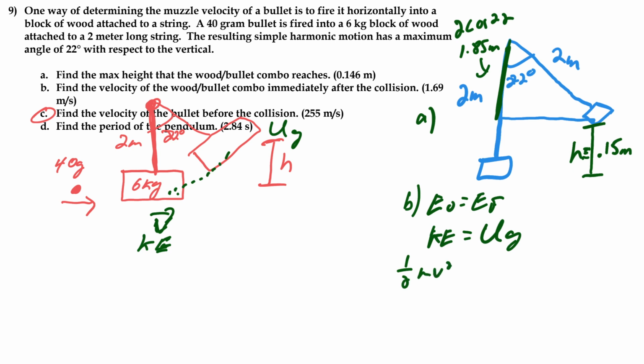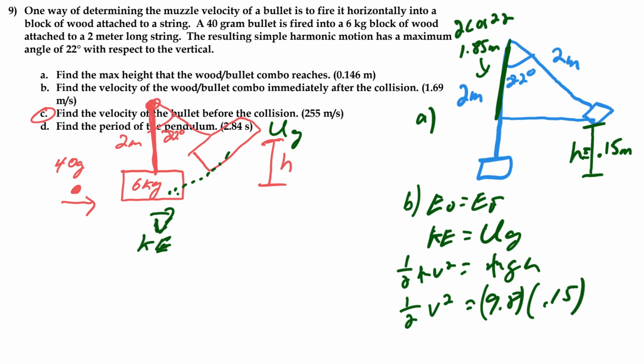That's going to change into gravitational potential. So 1/2 mv squared equals mgh. Notice our masses cancel. So let's try to find the velocity. That's going to be 9.8 on Earth, and the height we just calculated to be 0.15. Okay, so do the math here. I'm getting 2 times 9.8 times 0.15, and then square root that. So I'm getting about 1.7